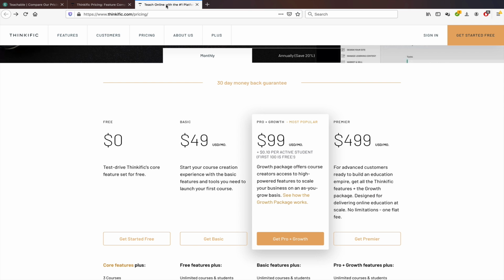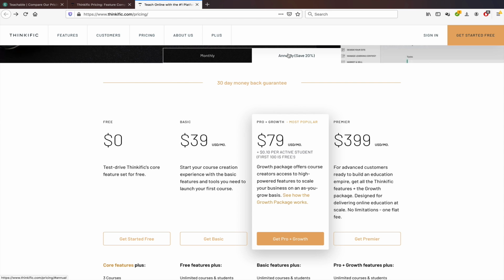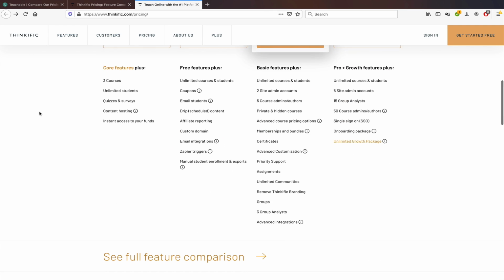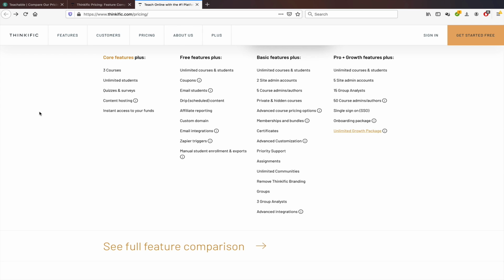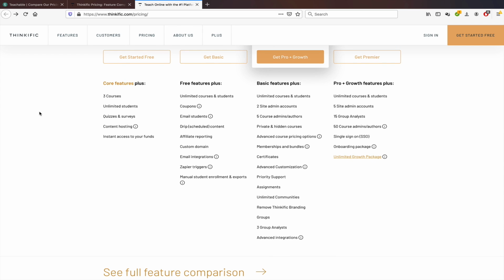Let's see some other details regarding the Thinkific plans. As in the case of Teachable, you pay less if you pay once for an entire year of membership, and pay more if you pay monthly. On the free plan, you can host 3 courses, but you can get unlimited students. And on the free plan, you can host videos, audio, and PDFs, as is the case with Teachable. These are the prices at the moment on Teachable versus Thinkific, and some features they offer in their free plans.